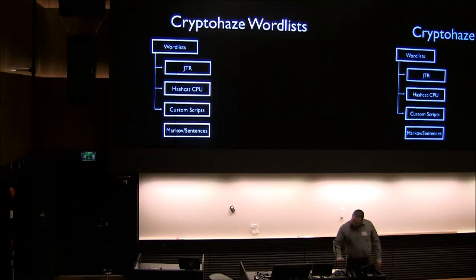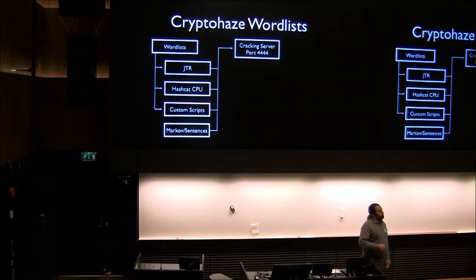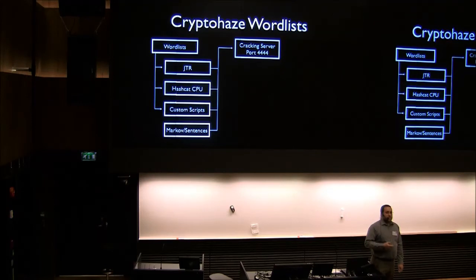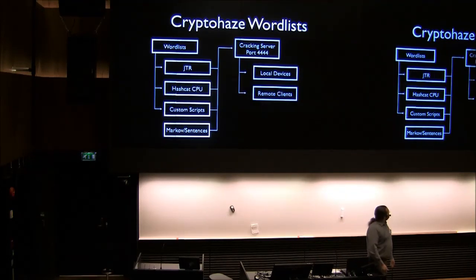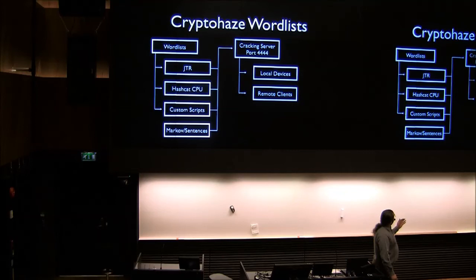The data from all of these is piped into the main network server on a port, currently 4444, and the server can listen to a large number of streams at once. So you can basically throw in whatever you want, it grabs it, processes it, and sends it out to either local devices in your system or remote clients across the network. So you can throw as many systems as you want at it, and within reason, it